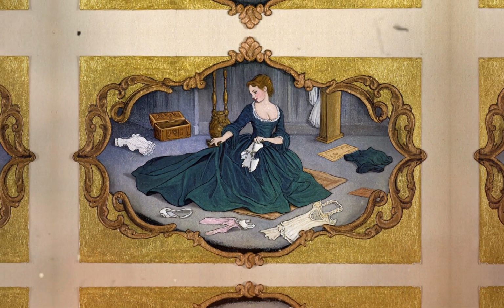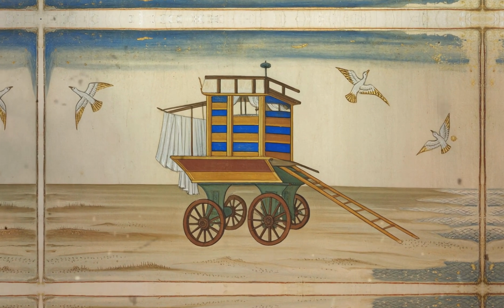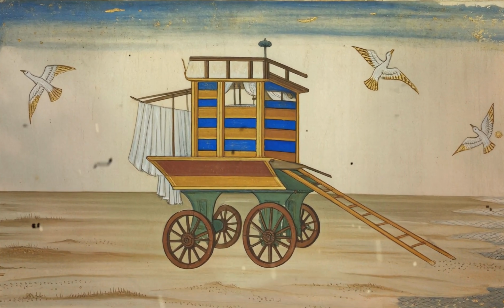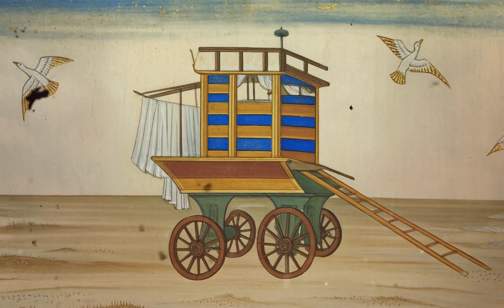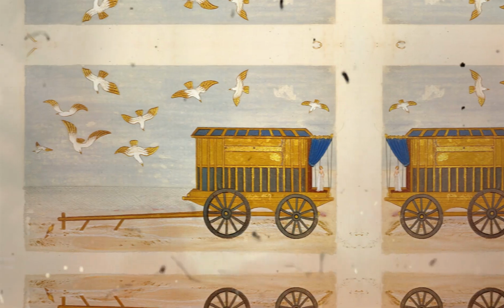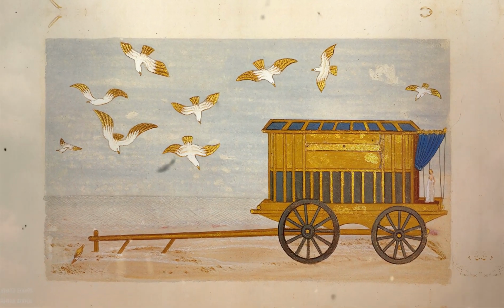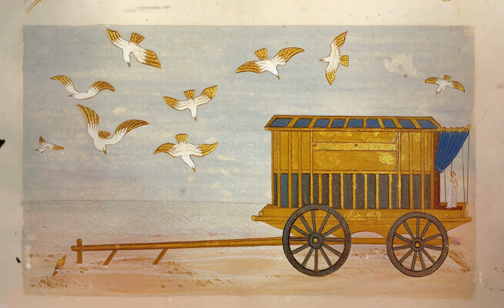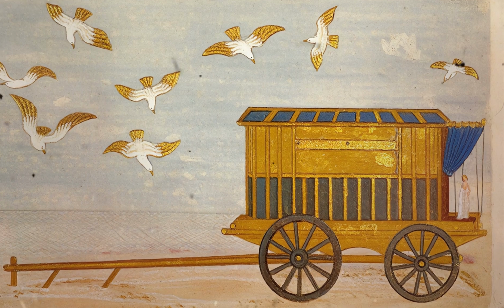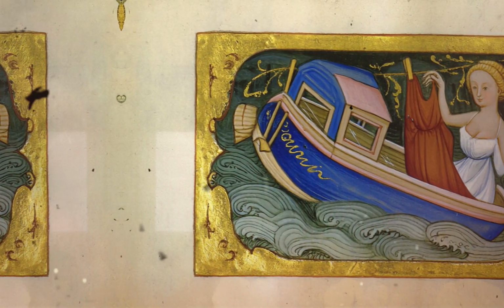The fee paid, you would be allocated your machine. It might be one that was currently on the shore, or you might have to wait for one to return from its watery excursion with a previous bather. Once your private wave wagon, as we might affectionately call it, was ready, you would ascend the steps at the landward end and enter the small cabin. The attendant would then close the door firmly behind you, ensuring your complete privacy from the curious gazes of those still on the beach. Now you were in your own little wobbly world, ready for the next stage of the